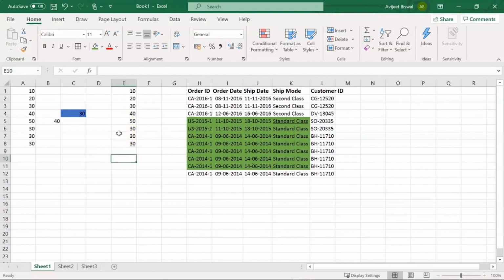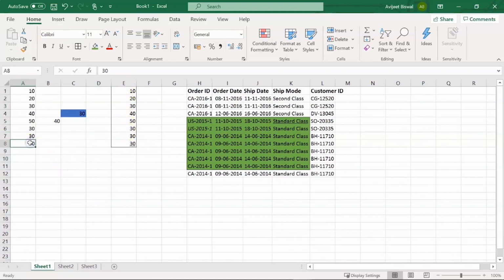Now if you want to add outline to selected cells, the shortcut is Ctrl plus Shift plus ampersand. So let me select the cells that I had colored just now, and if I hit Ctrl Shift ampersand, you can see it has added a border to the selected cells. I can show it to you here as well. Let me select it and hit Ctrl Shift ampersand. You can see it has added a border to all the selected cells.